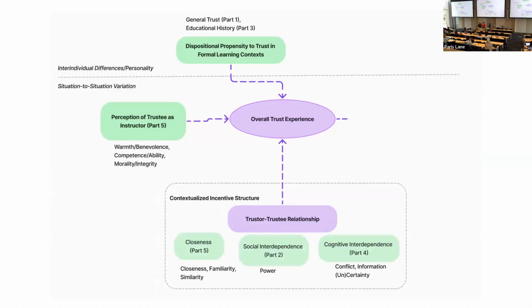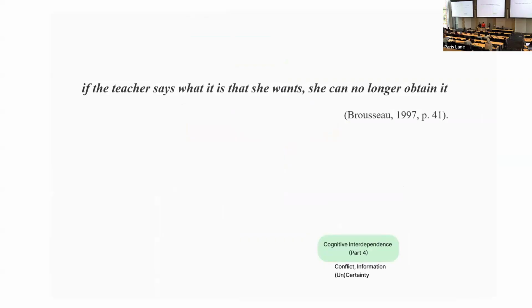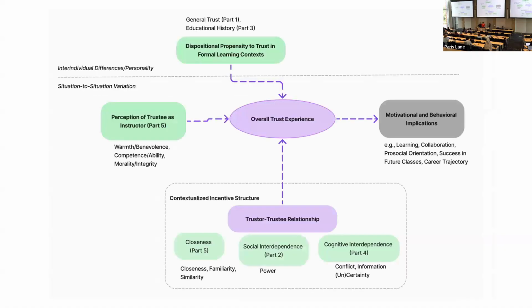Within that incentive structure, there are 3 main components: closeness, the power relationship, that's part of our social interdependence, and what I call cognitive interdependence. Now, cognitive interdependence is where the learning comes in. This is where learning happens. It's a careful balance of information and certainty that leads to productive cognitive conflict within the learner. So this conflict, this is where all the learning happens, but the students have to trust that if they take this leap of faith off the cliff, it will result in them gaining what they want in their future, which is not just the A, but also future learning and career goals.